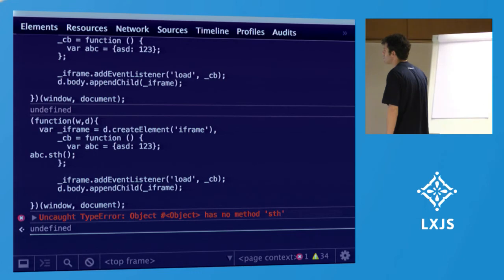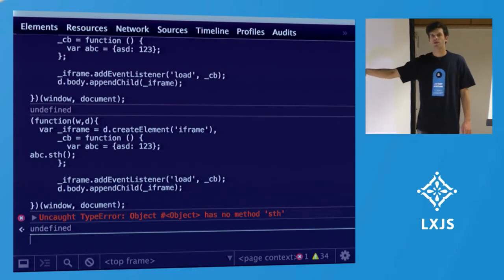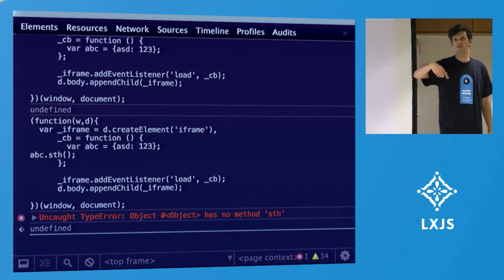What I'm doing here is an iframe injection on the web page, so I can literally run in the context